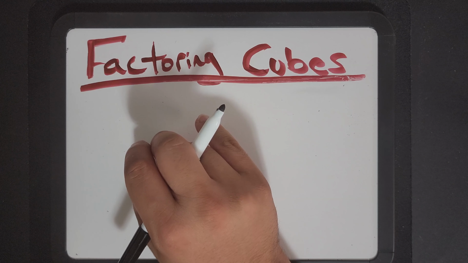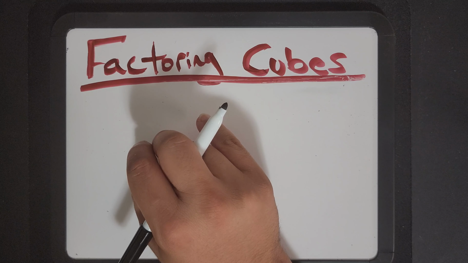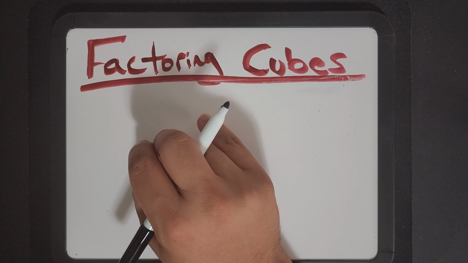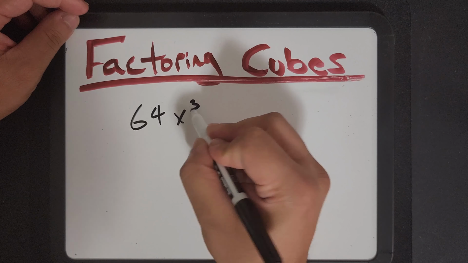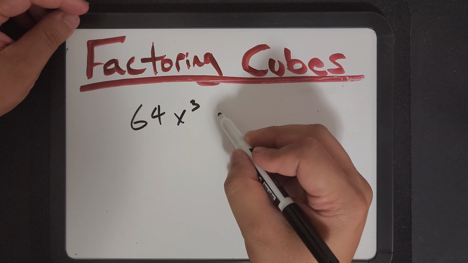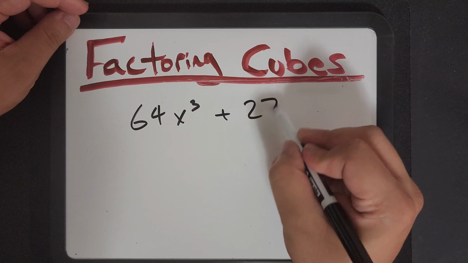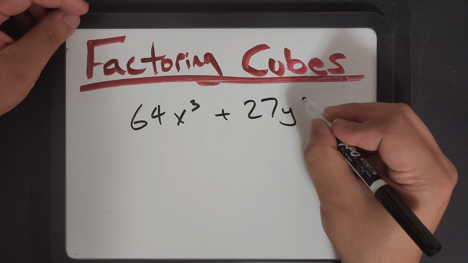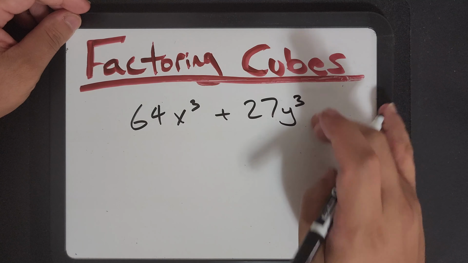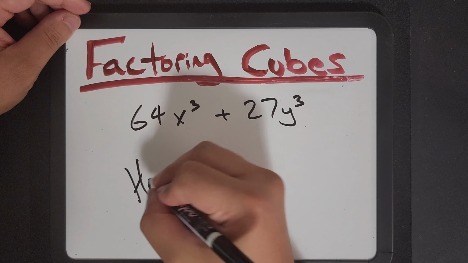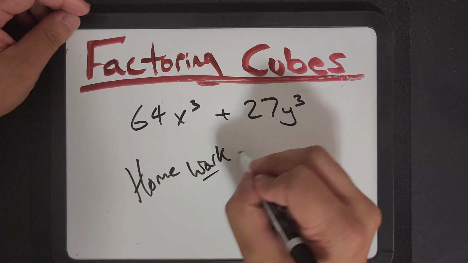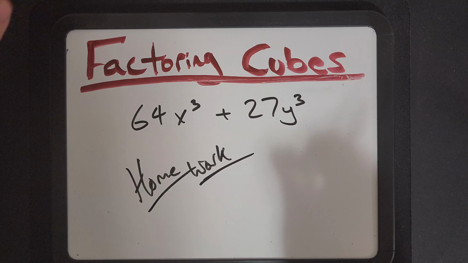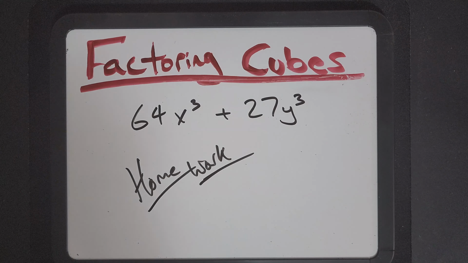Do I want to give a cube or something more difficult? Well, we'll stick to this for now. 64x cubed plus 27y cubed is